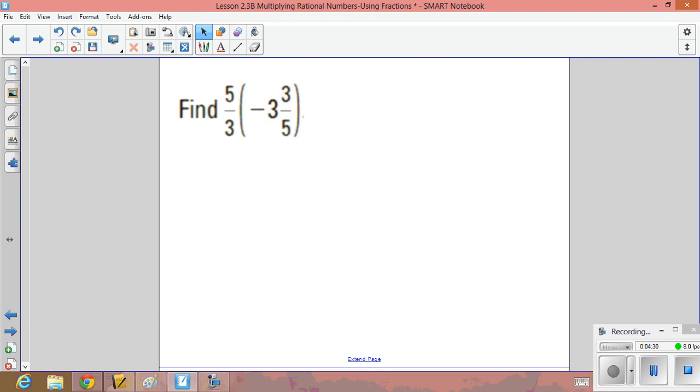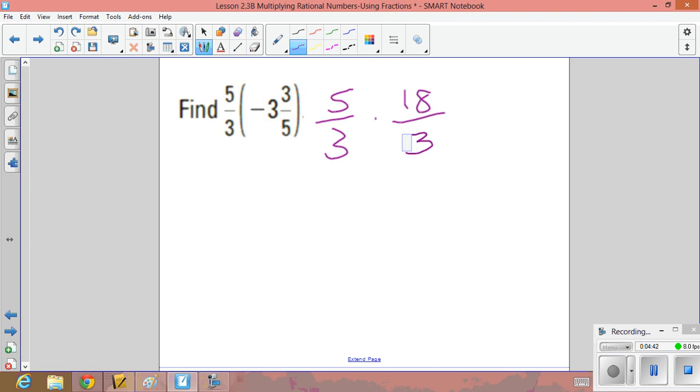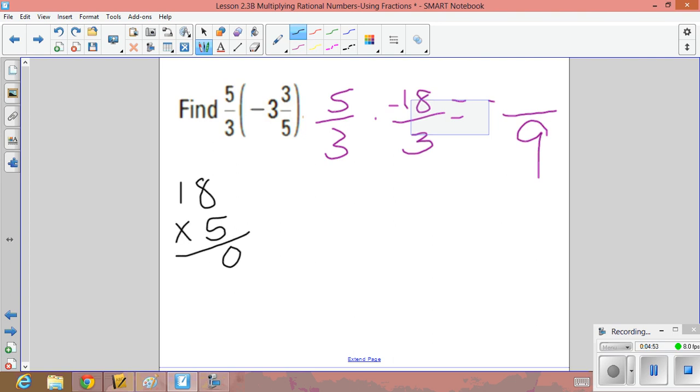For those of you who just watched this and hated the cross-reducing process, here is another way we can do the problem without cross-reducing. So we can do 5 over 3 times 3 times 5, 5 times 3 is 15, and 3 is 18 over 3, negative. So I'm going to get negative something over 9. Do you notice how much larger my numerators are? But we can still do it. So I get 90